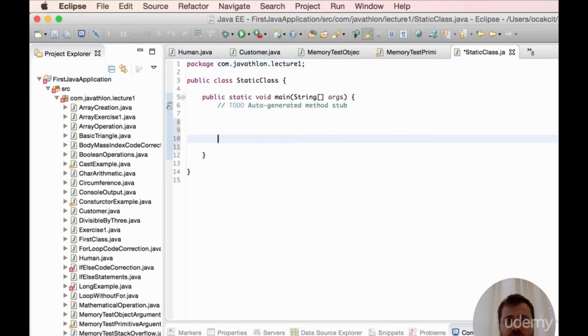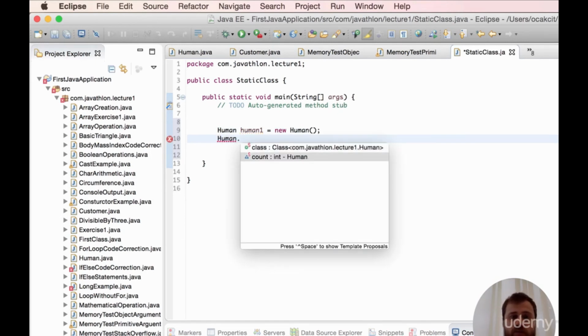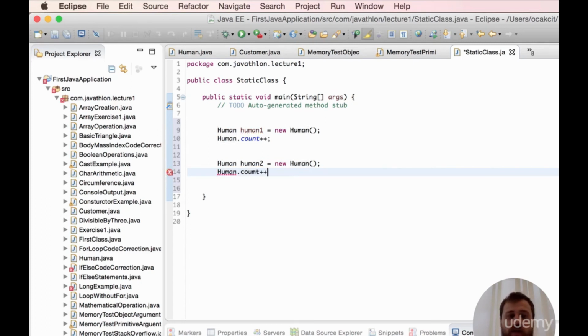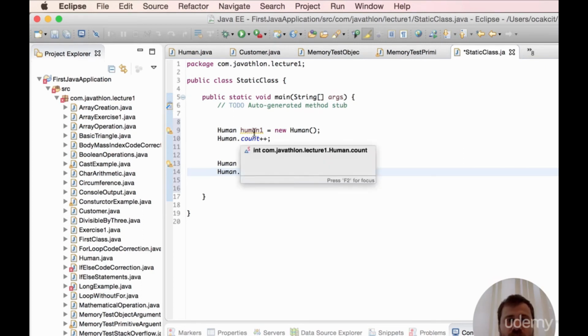And let me create a human instance and then increment human dot count by 1, and then create another human, human 2, new human, and increment human dot count by 1. As you know, I have accessed a count variable not from an instance